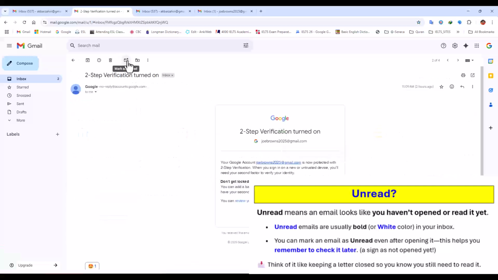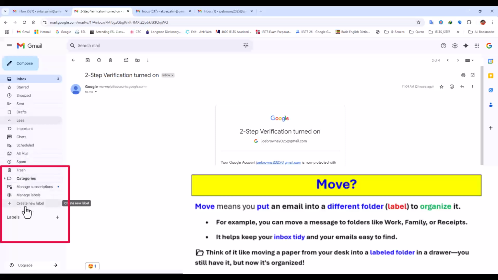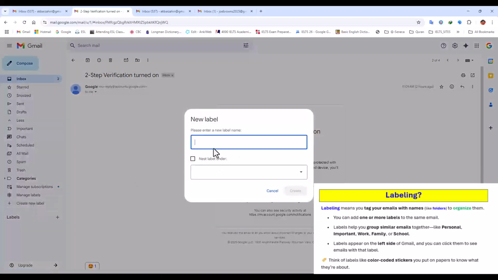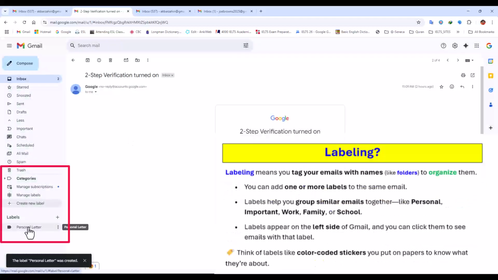The next option is move. As I showed you, you can create some labels for yourself here for organizing your files. For example, I can create a new label called personal letters, then create. Now I have created personal letters here.